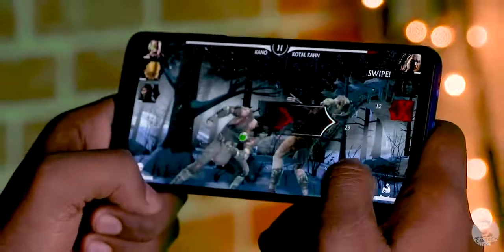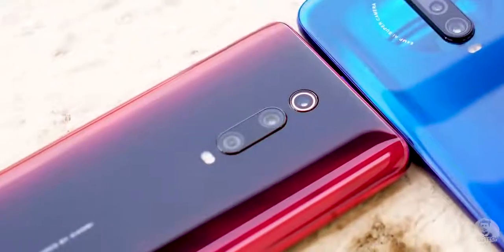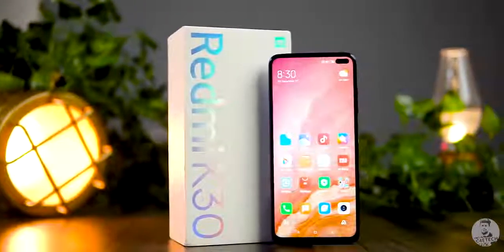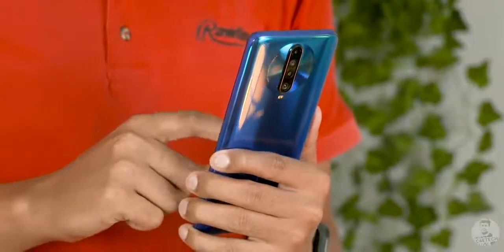Would I have liked to see a 765G here? Probably, but all things taken into account, the 730G has performed quite well. The K30 isn't as flashy or as cool as the K20. It doesn't have an AMOLED panel or a pop-up camera or that cool notification light on the pop-up camera, but what it does have are the basics of a very well-balanced phone. Fast internals, great cameras, good battery life, and an interesting display. All wrapped up in a glass sandwich design that you'd be hard-pressed to call anything but pretty. So if Redmi does manage to launch the K30 in India at anywhere around the 17,000 rupee mark, it should be a great buy, one I think